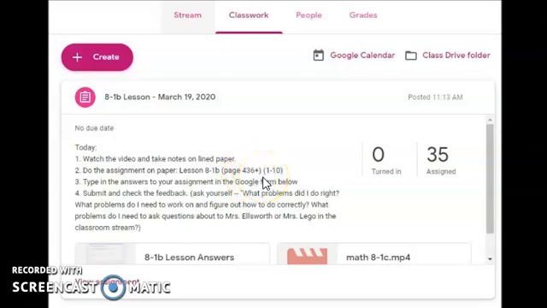Notice I gave you even and odd numbers so you can check your answers in the back of the book. So take advantage of that. Make sure you're doing them right. I've got some questions here, and you should be asking yourself, even when you're checking the odd numbers in the back, what problems did I do right? That's cool. Realize what you did right, move on, and then ask yourself, what problems do I need to work on? What did I do wrong? At what point do you think it went wrong, so that you could go back and check and try it again and make sure that you did it right?